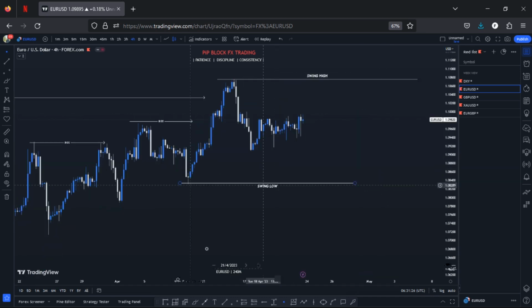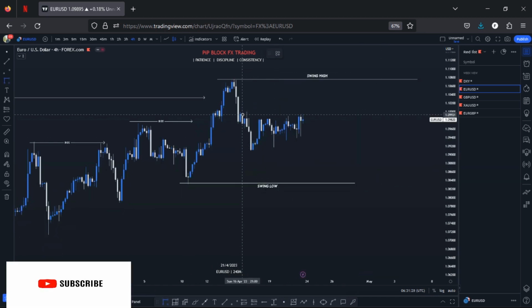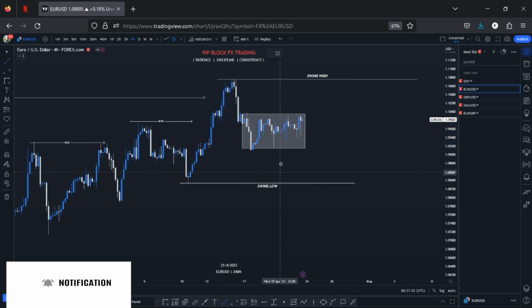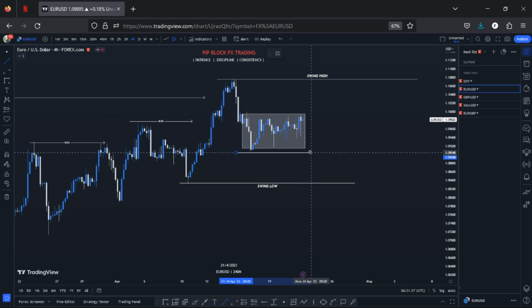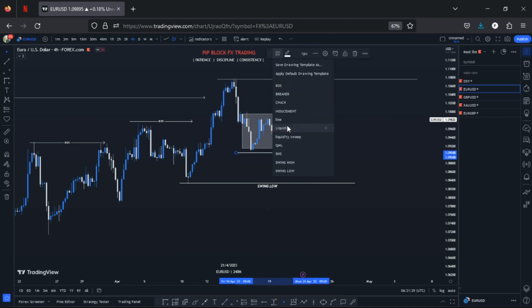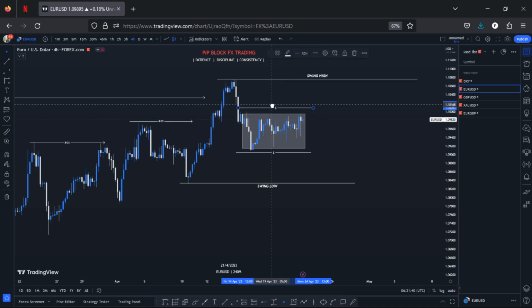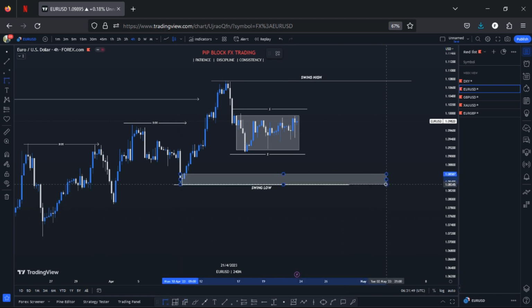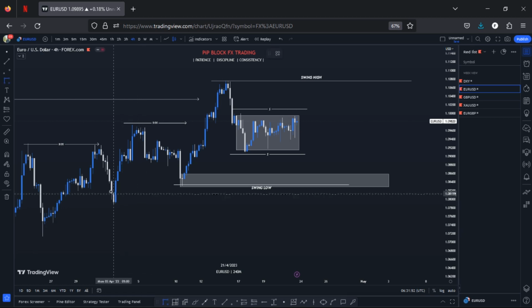Good. So on the 4H time frame, you can see we had some form of consolidation right here. The market consolidated, creating some form of liquidity to the downside. We had liquidity to the downside here, then we also had some form of liquidity to the upside. Since I'm very bullish on this pair, I'm expecting the market to trade into this zone right here, which is not a very strong zone for me, but this is my very strong zone here.